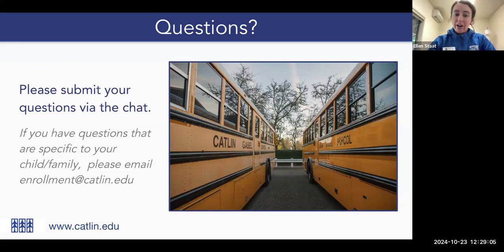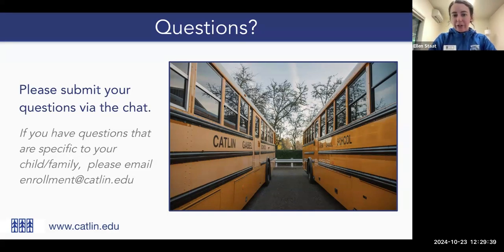So what we do is we try to honor families' requests. If you do have multiple students applying to Catlin Gable, be it two kids applying to middle school, or maybe a child applying to middle school and a child applying to our upper school, you'll receive an email from us at some point, probably in February or so, asking if you would like the same decision for both students, or if you are okay with the potential for different decisions. Perhaps we might be able to offer enrollment to one student, but offer a spot in our wait pool to the other student. Some families are okay with that.